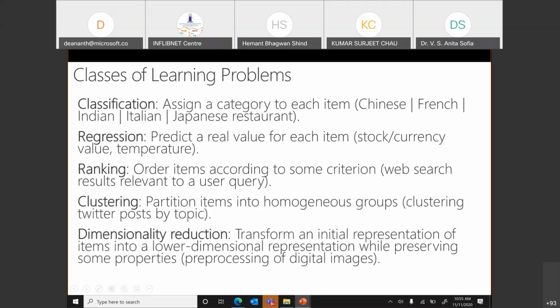The fourth one is clustering. If somebody has posted a tweet, is it related to this event? Is it just related to AI and machine learning? Is it related to Microsoft? How do you do that? The clustering is also very important when you're trying to open a new store or a new branch. What kind of demographics are there in that population? What kind of SKUs or items should you stock? And what should be the return of profit that you expect? The behavior is very different, right? For example, if you start something in a border area between two cities, what kind of audiences should you cater to is what is happening in clustering.